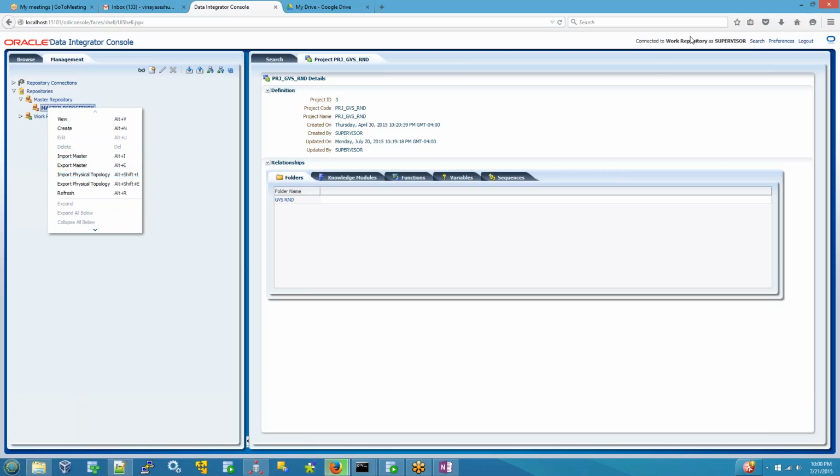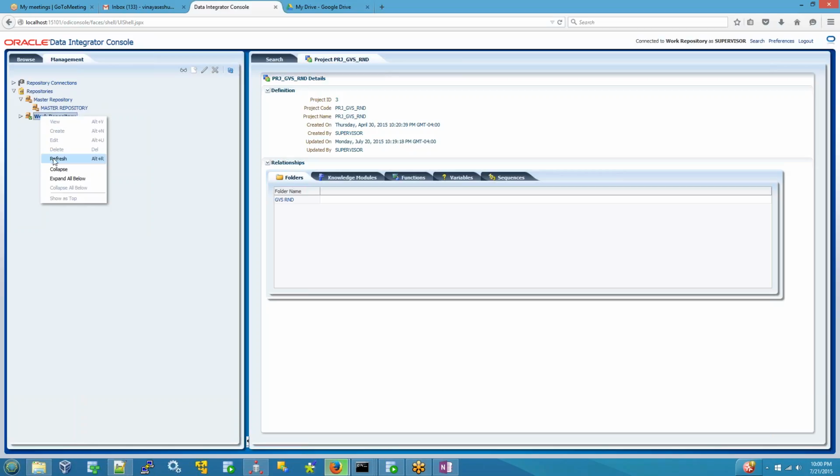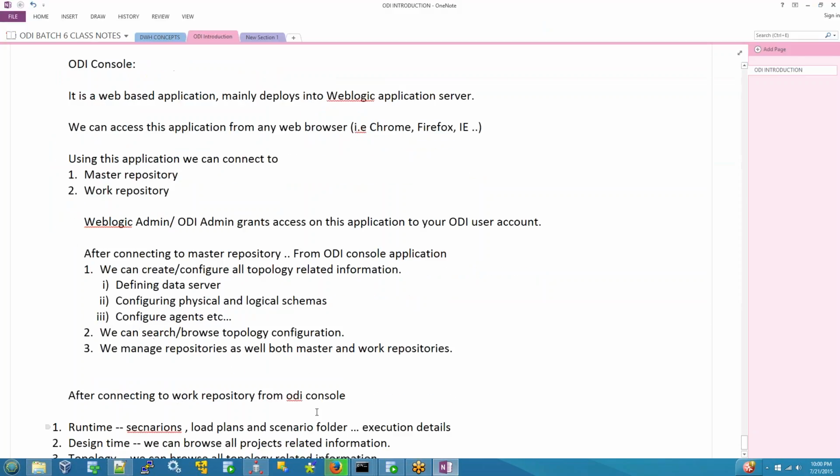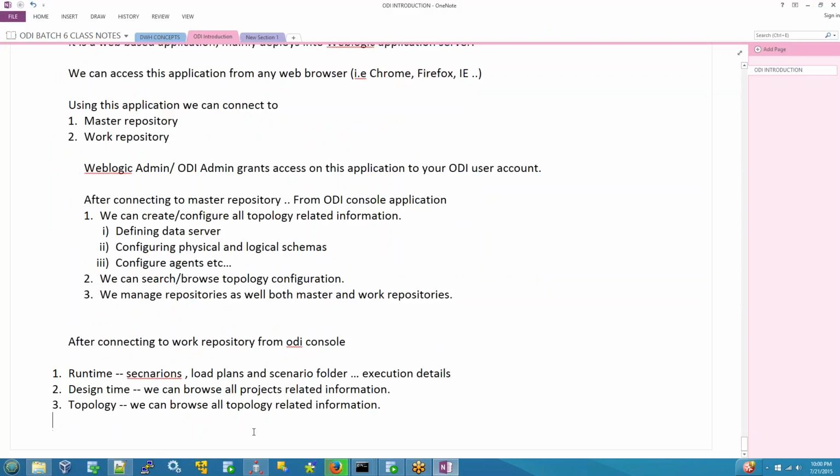See, because we connected to work repository. So with the work repository, we can import and export the repository, we can import the topology information, we can export the topology information. Okay, but we cannot create it. Everybody is clear? Topology here, I have one work repository. We can import work repository. So along with this information, here you can see